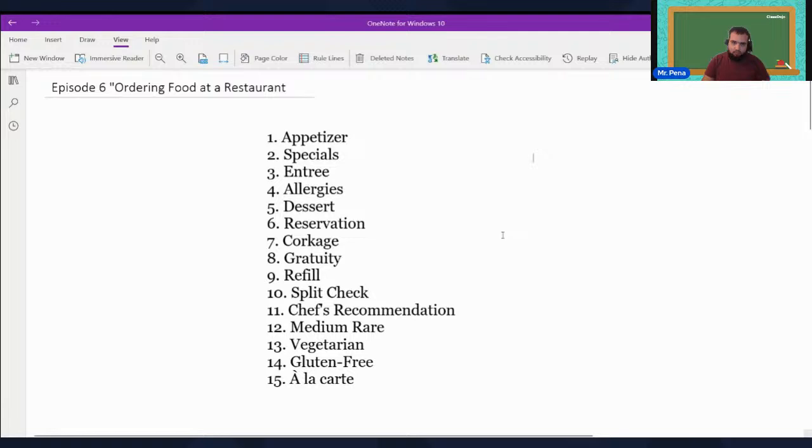It says, appetizer, specials, entree, allergies, dessert, reservation, corkage, gratuity, refill, split check, chef's recommendation, medium rare, vegetarian, gluten-free, a la carte. Now I'm going to repeat them again,